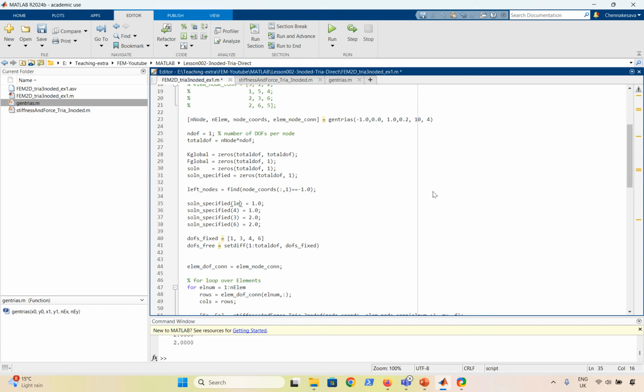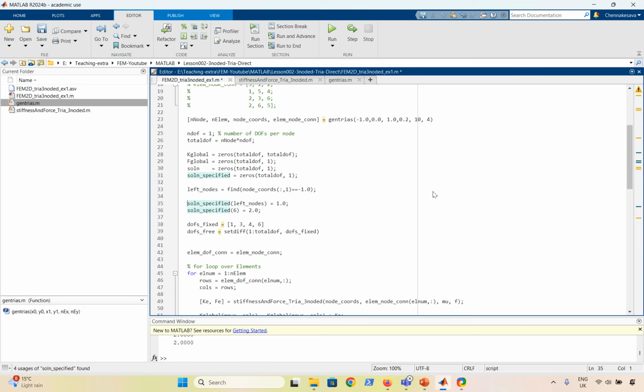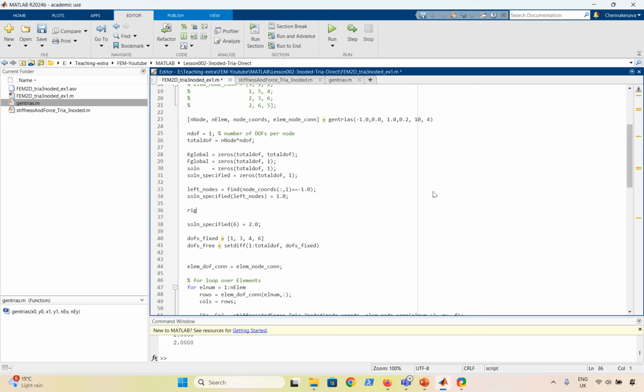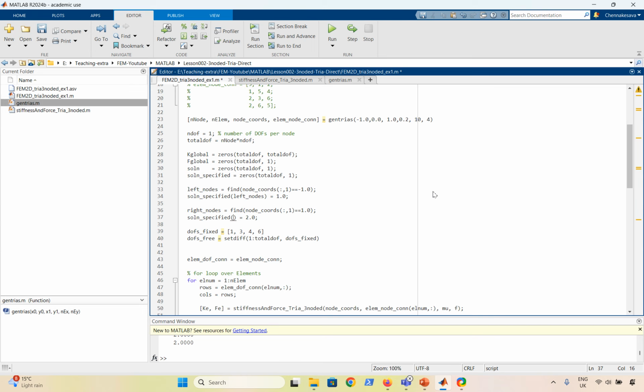So solution specified at all these left nodes should be equal to 1, and right nodes by comparing the x coordinate to the rightmost edge, which is +1, and then here we update the solution specified. So for all the nodes on the right edge, they take a value of 2,